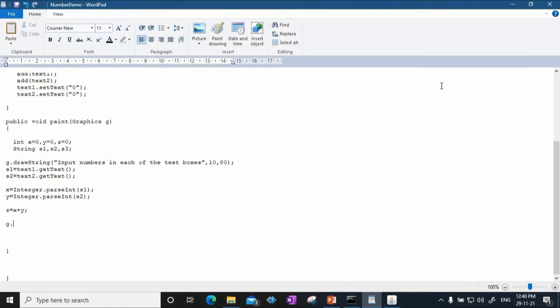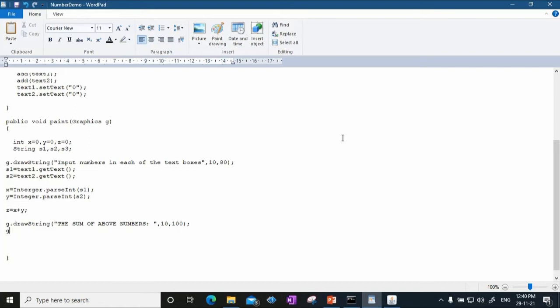So again I'll say g.drawString method I'm using, and I'll say the sum is the sum of above numbers, is, and I want to display this at 10 comma 100. Fine. And now you need to print that sum.